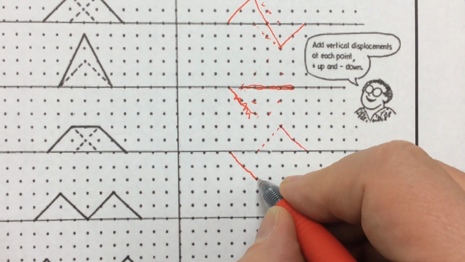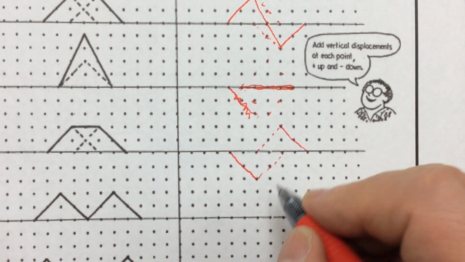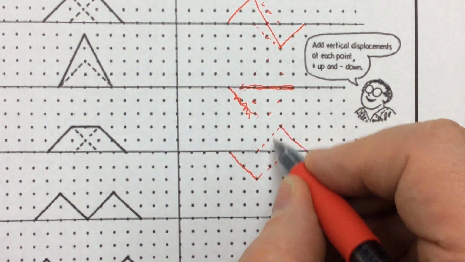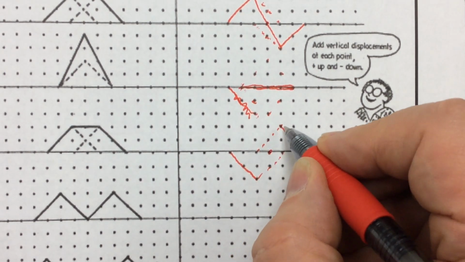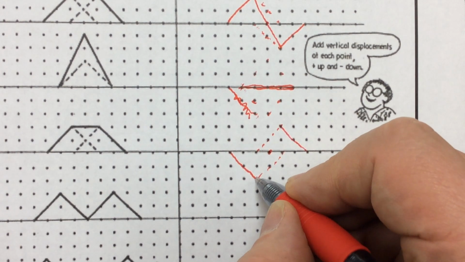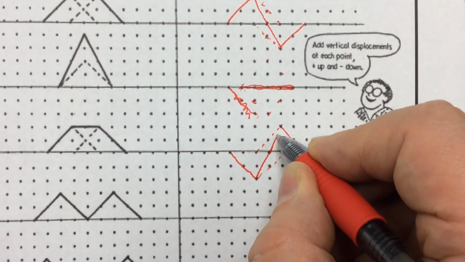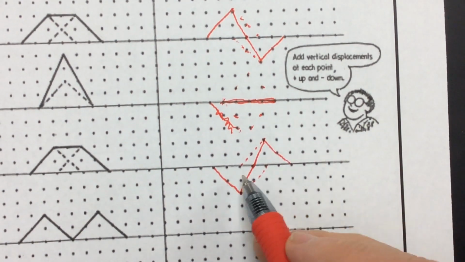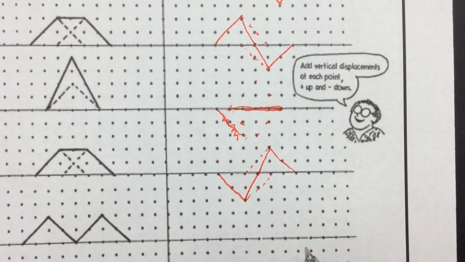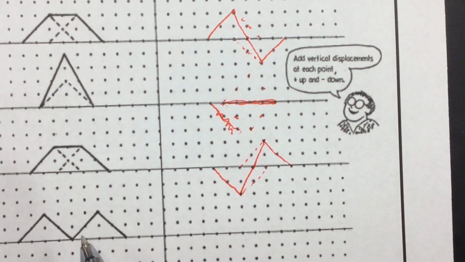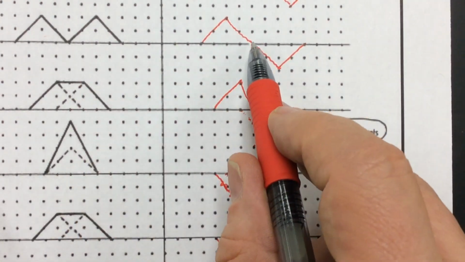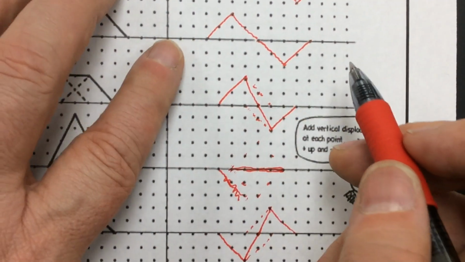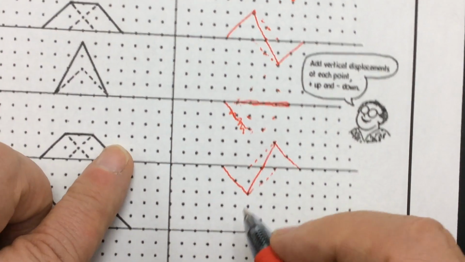It would have been here, and it would have been here, but this is going to cancel with this, leaving you this, and so you're going to get a steeper one in the other direction. You see, this one was steeper than normal, and this is coming out as steeper than normal, same as this one. Now, as they separate, it's going to be like this, but it's backwards, so you're going to get one here,